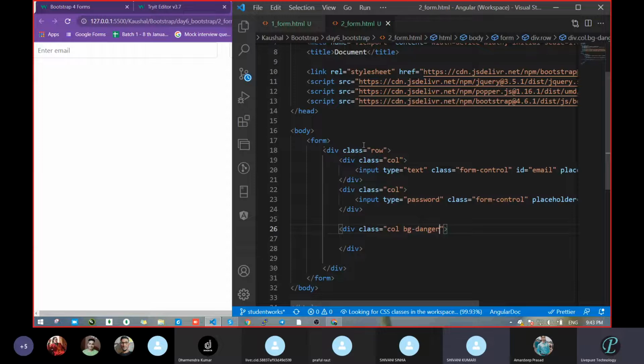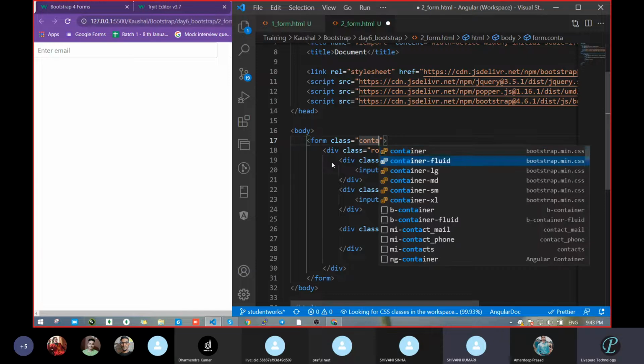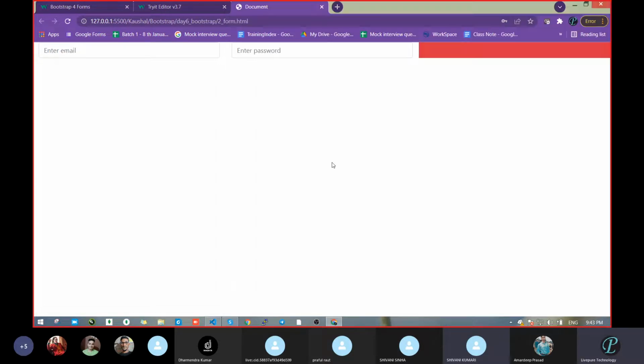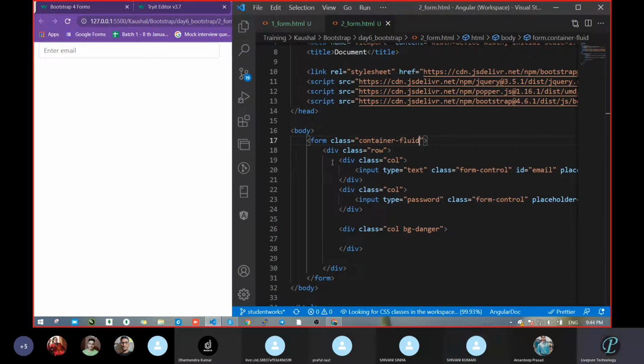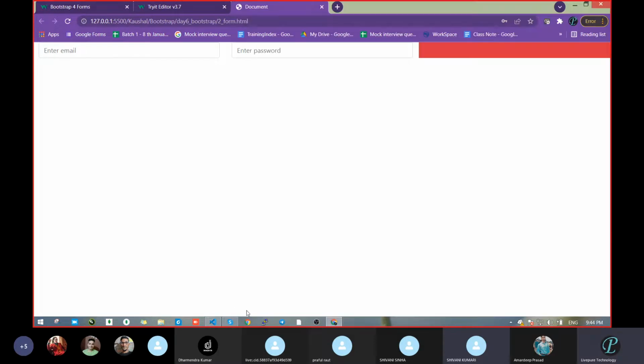And 1 second, due to the row we are getting, pass the container class here. Container hyphen fluid, pass this. Okay. So previously, see, at the bottom we were getting a scroll bar.